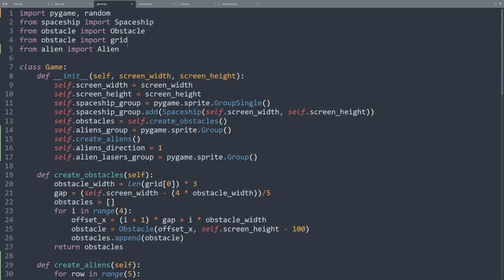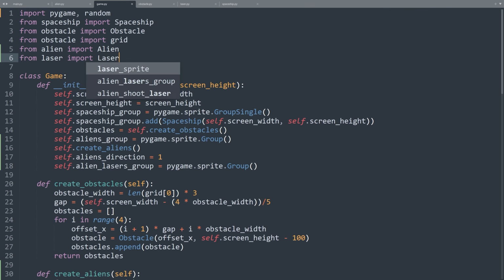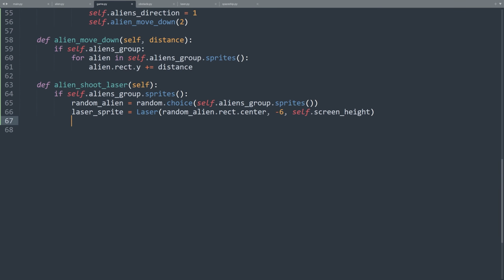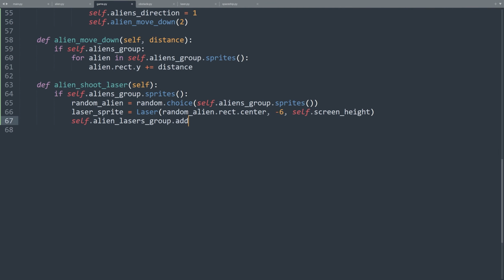Also, don't forget to import the Laser class. From laser import Laser. The last step is to add the laser to the alien lasers group. self.alienLasersGroup.add(laser_sprite). Cool, the code for adding the ability to the aliens to shoot lasers is ready. Let's go back to the main file to test it out.